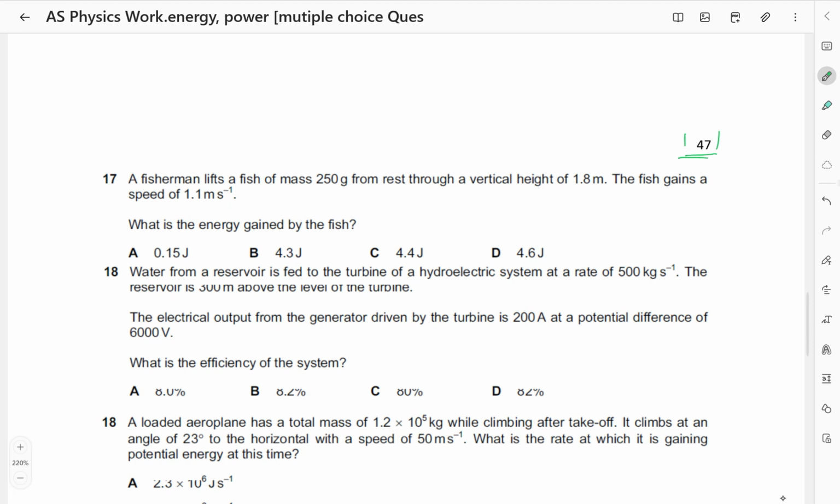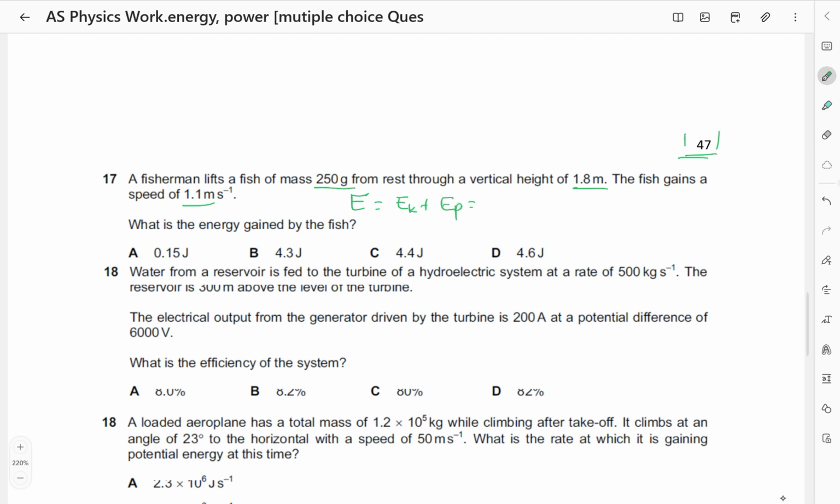A fisherman lifts a fish of mass 250 grams from rest through a vertical height of 1.80 meters. The fish gains speed 1.1 meters per second. What is the energy gained by the fish? So the fish gains a speed of 1.1 meters per second, but is lifted through a vertical height of 1.8 meters. So it means the energy gained by the fish is going to be the kinetic energy plus the